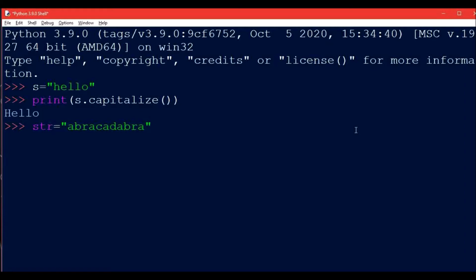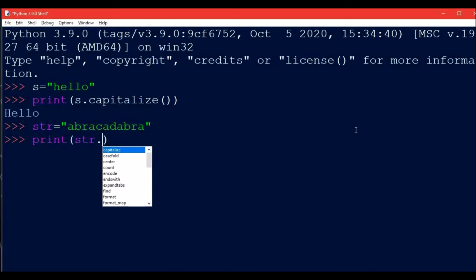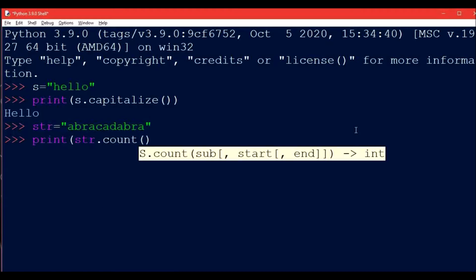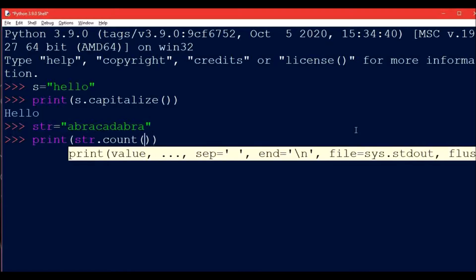So for this, we will write print, and then we will write the string object, that is str dot count, and in count we will write the substring, that is the occurrences that we want to find of which character. So that particular substring we are going to write.